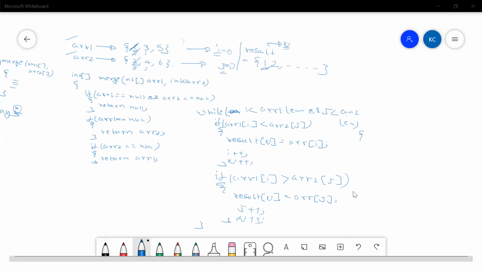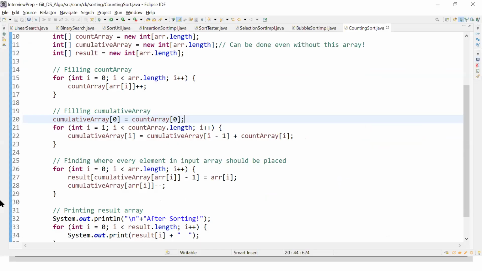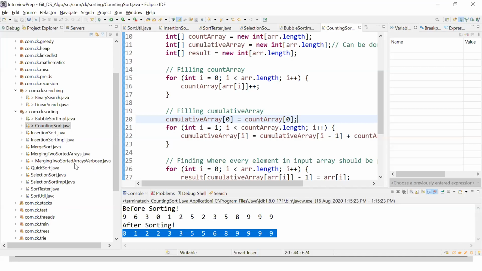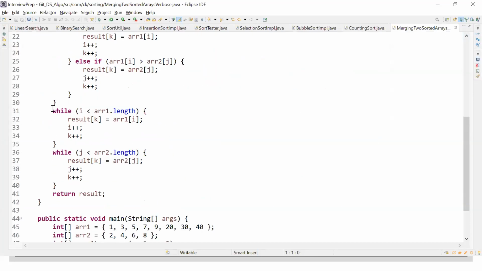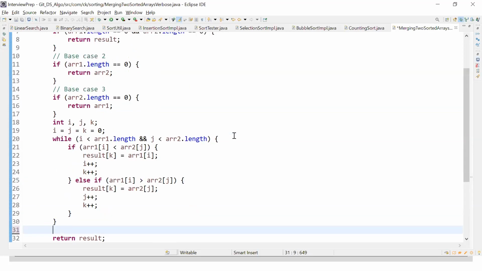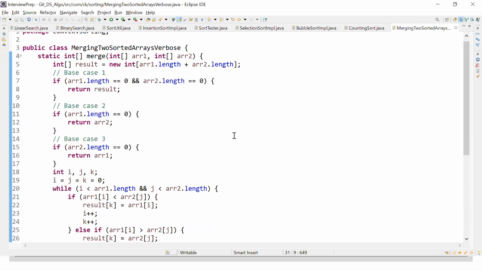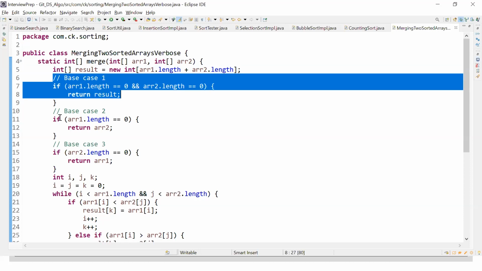Okay, so what is the code saying? I'll say merge two sorted arrays verbose. Just for now I'll be removing this. So this code says this is my result, base case 1 is this, and base case 2 is this.